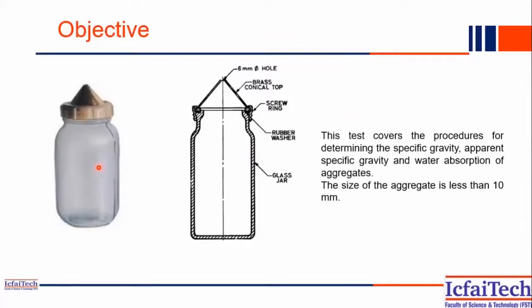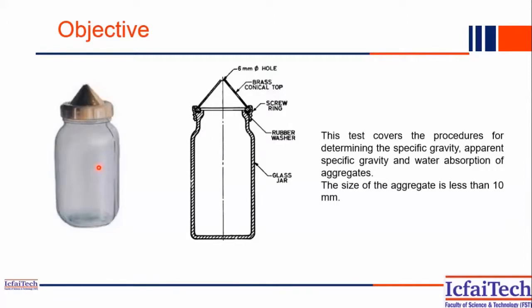Aggregates are normally formed by disintegrating rocks, igneous rocks. Basically, when you break them into small parts, we get the aggregates. That's why the size and shape of aggregates will be of different order. We saw in the last experiments also that some aggregates have larger dimensions, some have smaller dimensions, and the shape is also not uniform. Aggregate won't be rounded in nature, it will be in some other shape, either long or short or some random shape.